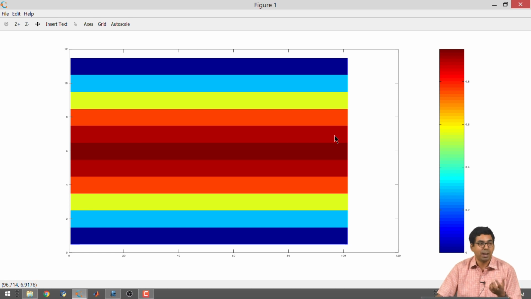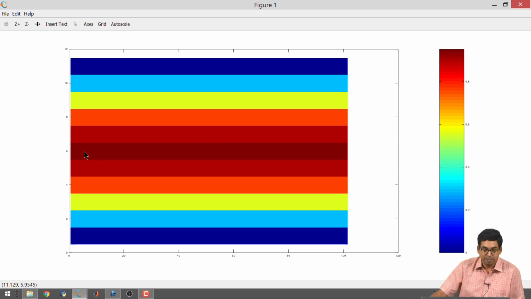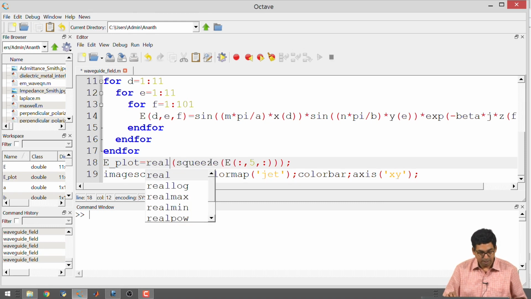So, that is one of the reasons why I started the real value. I just wanted to see going from +1 to -1, etc., so that I can figure out the effect of beta. But if I pick up absolute value, it just looks uniform everywhere, right. So, you could do this, but the effect of beta is not clear. But in the transversal direction, it is again clear that the center of the waveguide carries the maximum electric field. As you go away from the center, your value of the field decays, and on the edge 0. Okay. This is how you will see something, right. Now, I will just go back to the real.